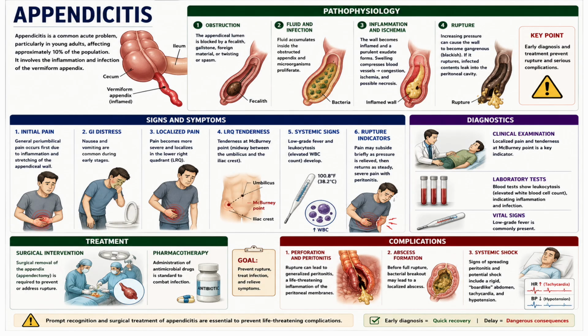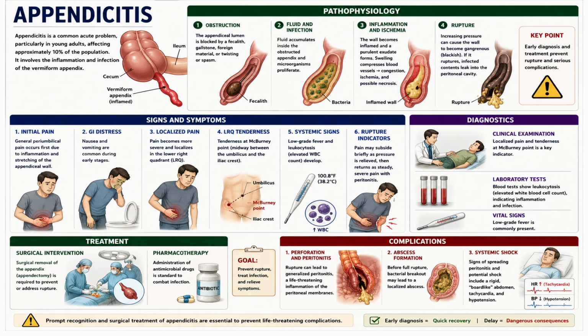And as the appendix swells, the internal pressure compresses the blood vessels in the wall. This causes ischemia and necrosis of the wall. And if this pressure is not relieved, the wall can become gangrenous. And eventually it will rupture, releasing the infected contents into the peritoneal cavity, which is not a good thing to happen. The clinical progression of signs and symptoms typically starts with general periumbilical pain and nausea, which eventually